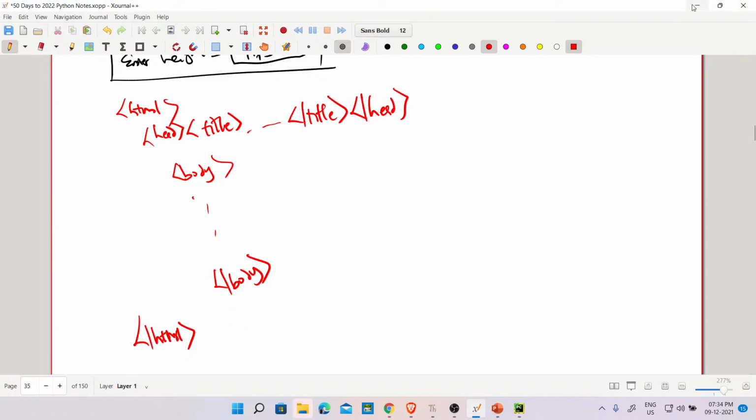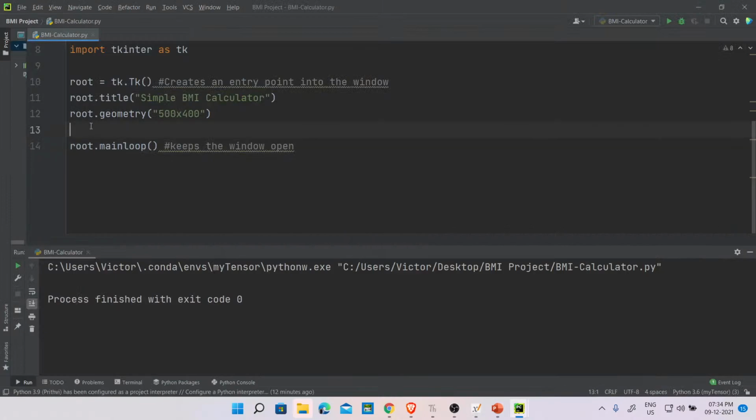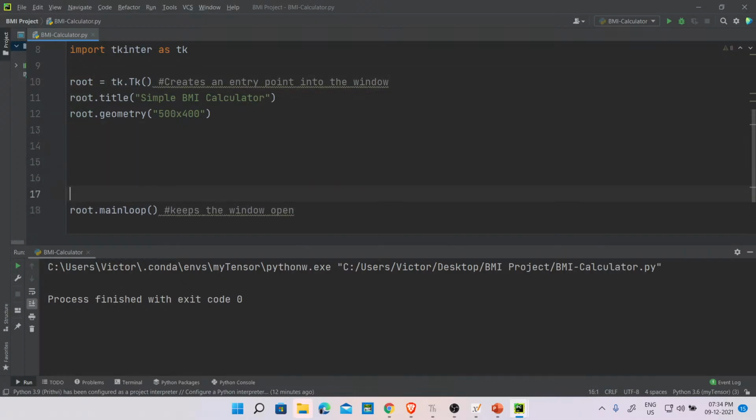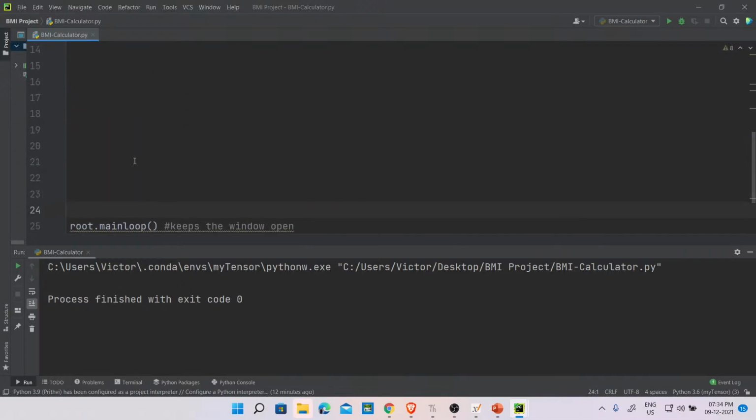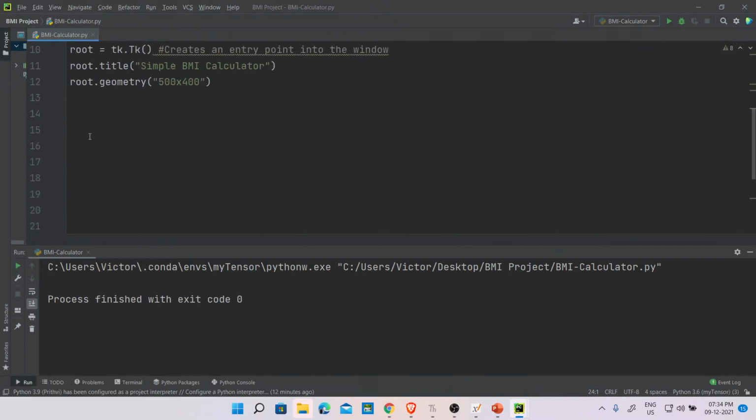We want to see that this main loop is like our root node, right? This is the beginning, and this is the ending of it. So this should be down. Think of it like the body of your stuff, or your HTML tag. Now, let's move to step 2 now. So we say step 2. Now let's create,